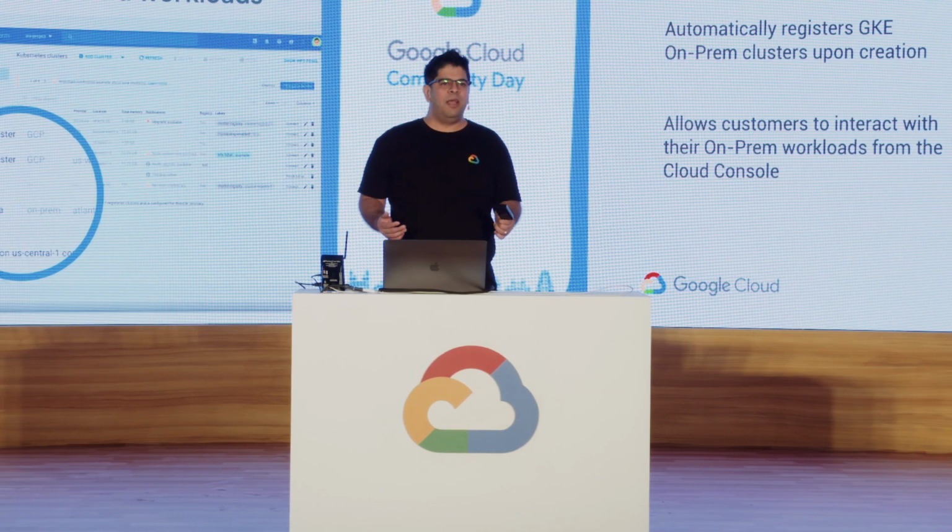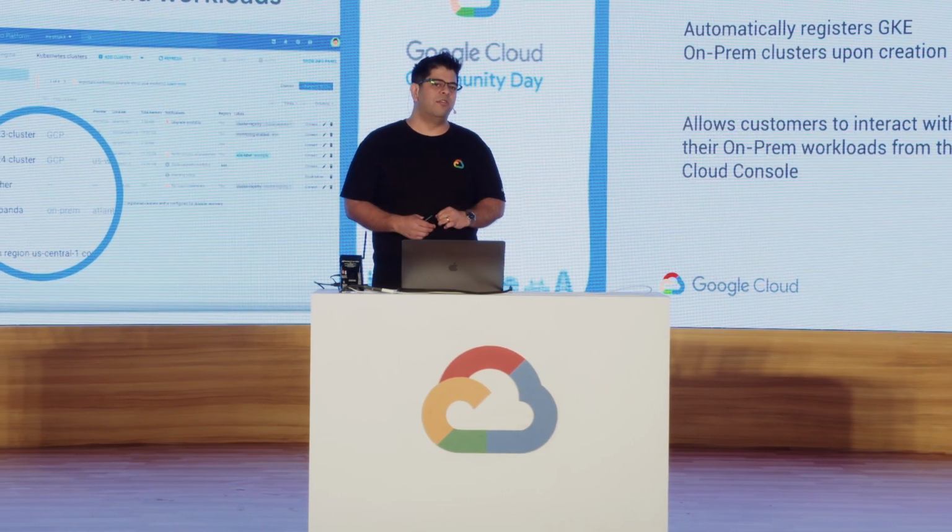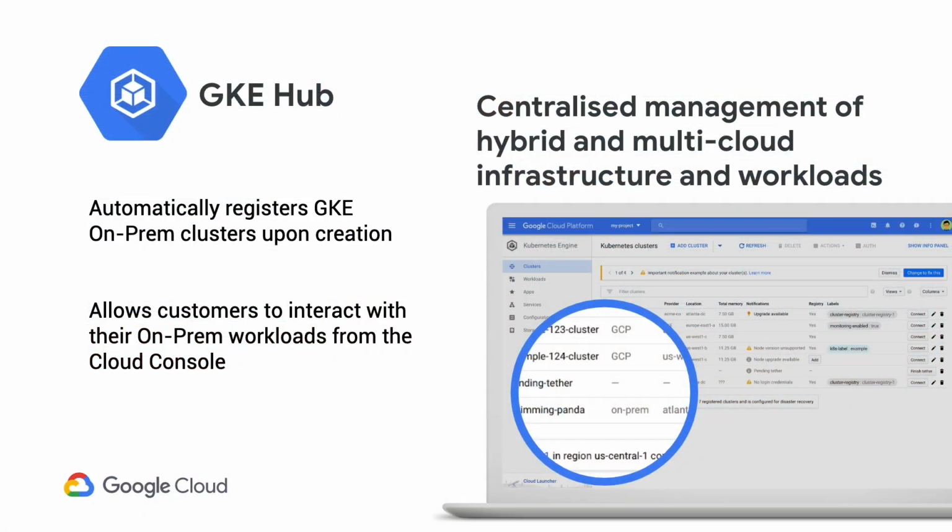But of course, wouldn't it be easy if we could just use our Google Cloud Console? We make that easy for you too. So when you have GKE on-prem set up on your on-prem infrastructure or in your data centers, the Cloud Console shows you a single view of all of your clusters and all of your estate. We don't discriminate between, you need to go to this view for your particular data center here in Delhi, or a different view for Mumbai, and so on. We can show you that entire view between GCP and on-prem collapsed as if it was just one. We have a column that basically allows you to see whether it's actually in GCP or whether it's on-prem. So we make that easy for you.